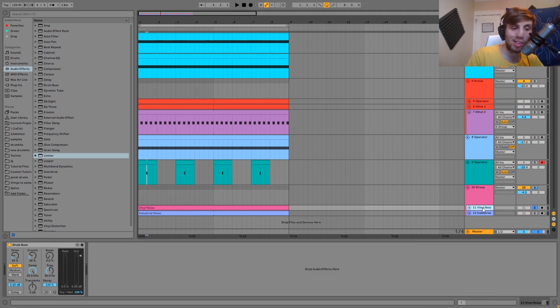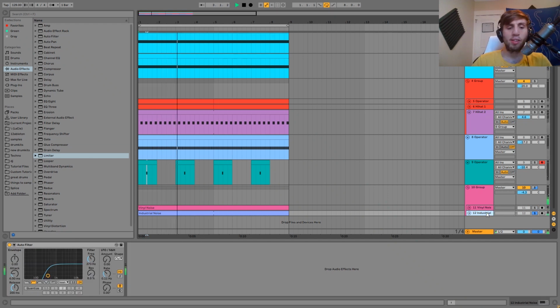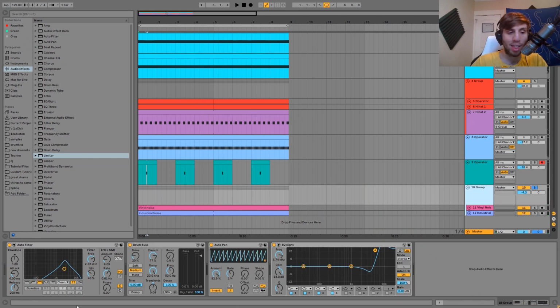So what I've got here is a vinyl noise. And then I have this sort of industrial noise. And then you can see I put them in a group together, and then we've got them being bandpassed. The bandpass filter is set like this, and then I've got an LFO on that. So it's moving. You can hear without that, it's kind of harsh, and it doesn't have any motion to it, but with this,